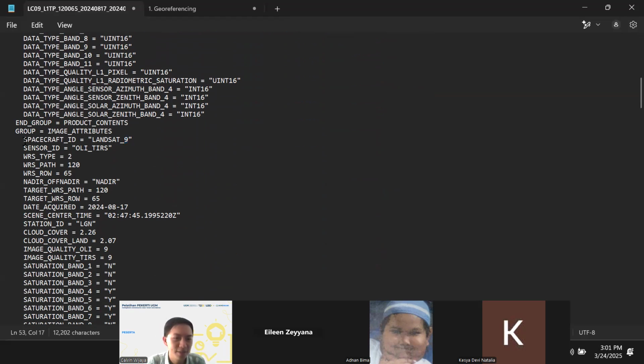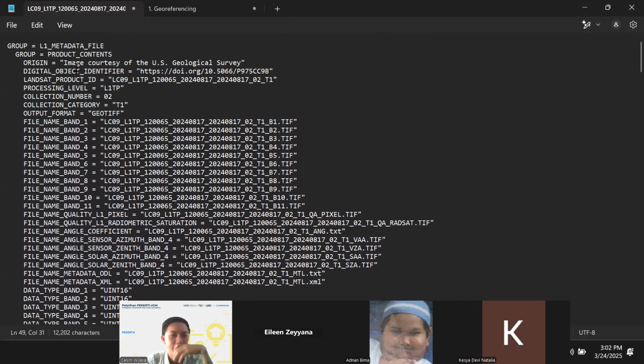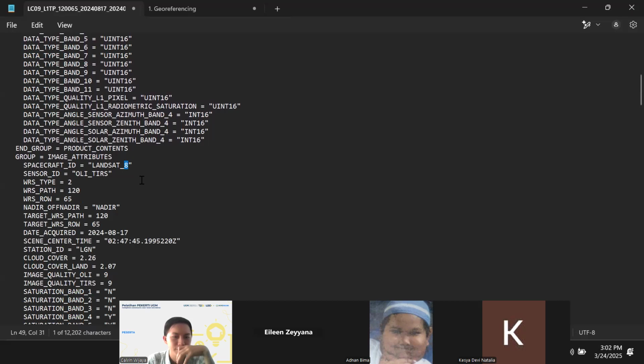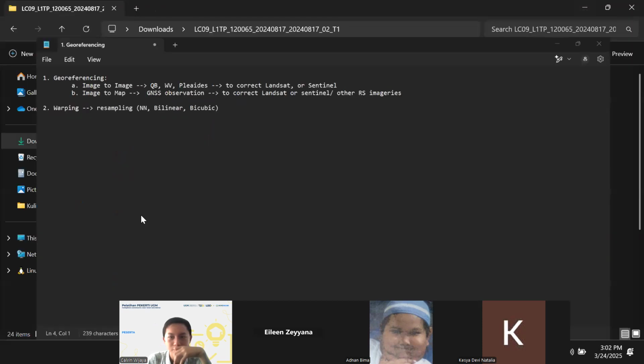And then change the spacecraft ID from Landsat 9 to Landsat 8. So I changed two things. First one from Landsat to L1, and then from 9 to 8, and then save the file, Control S, and we close.